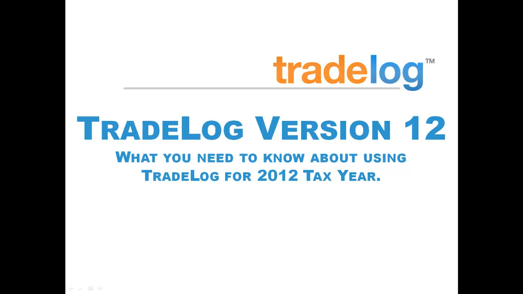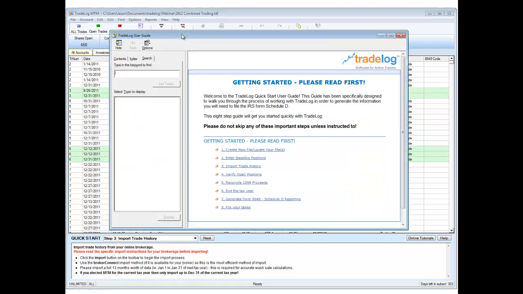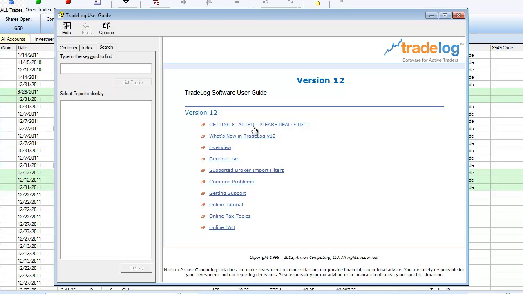One thing I want to highlight before we get going in our material today, many people ask, what do I need to do to use TradeLog? And some of the questions we even have submitted. It's very, very important that you follow the steps that we outline in our Quick Start Guide. And this is available in several different locations. Now, in TradeLog, if you have the Quick Start menu turned on, you'll see it's at the bottom of the window in TradeLog. But also you can go to our Help menu and click on Getting Started Quickly. This will take you straight to the Quick Start Guide that's found in our user guide, which is in the software. Or if you're opening the user guide, you'll notice that's the very first link, Getting Started,